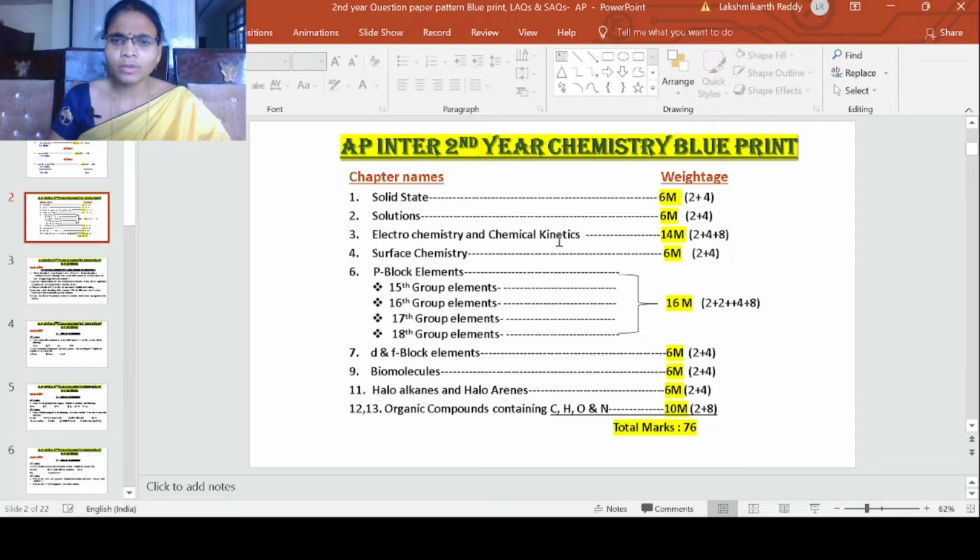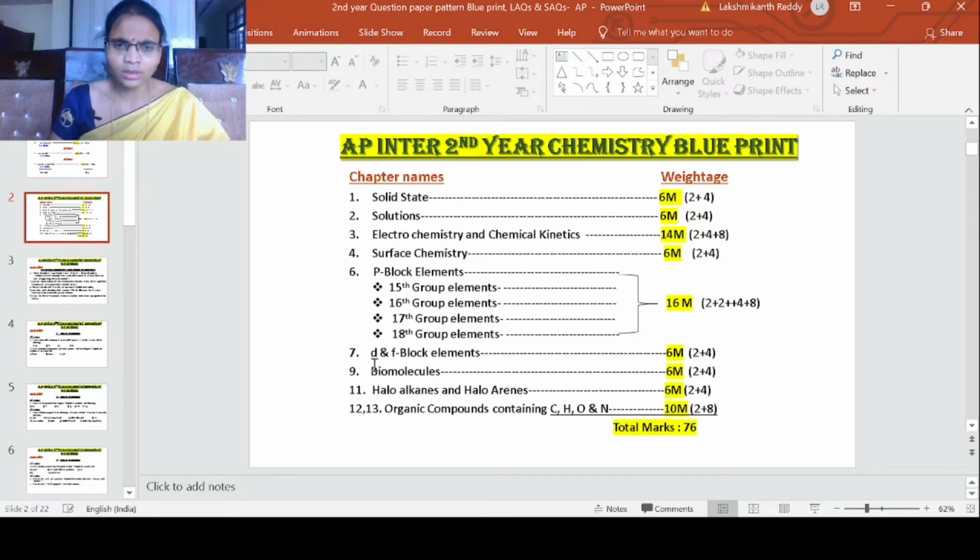Electrochemistry and chemical kinetics have 14 marks weightage. They will give 1 VSQ, 1 short answer type question, and 1 long answer type question. Surface chemistry has 6 marks weightage, 2 plus 4. P block elements, 15, 16, 17, 18th group elements, have total weightage 16 marks. In that, they will give two 2 marks questions, one 4 marks question and one